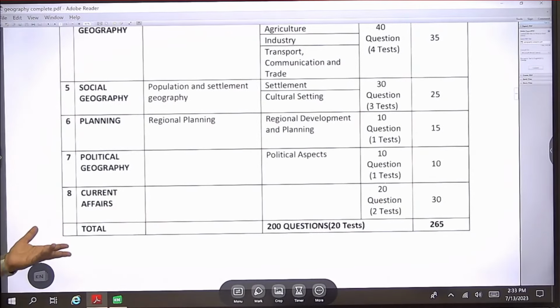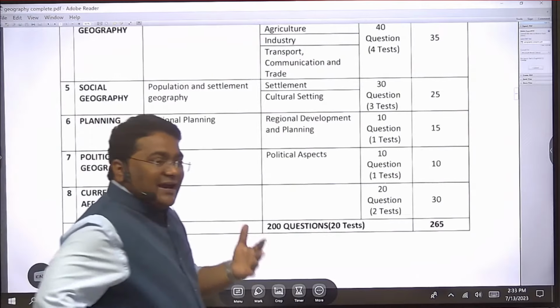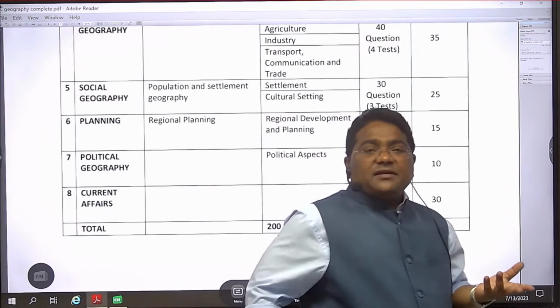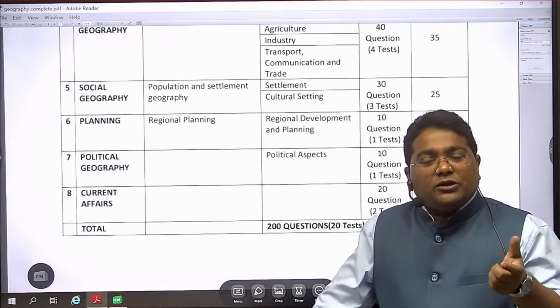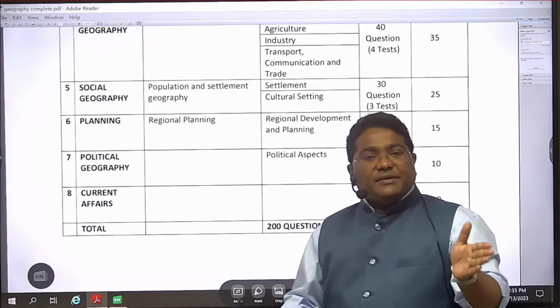Then political geography. Political geography, what? It is a kind of the center-state. So what are the contemporary issues in political geography? How the paradigm has been shifted